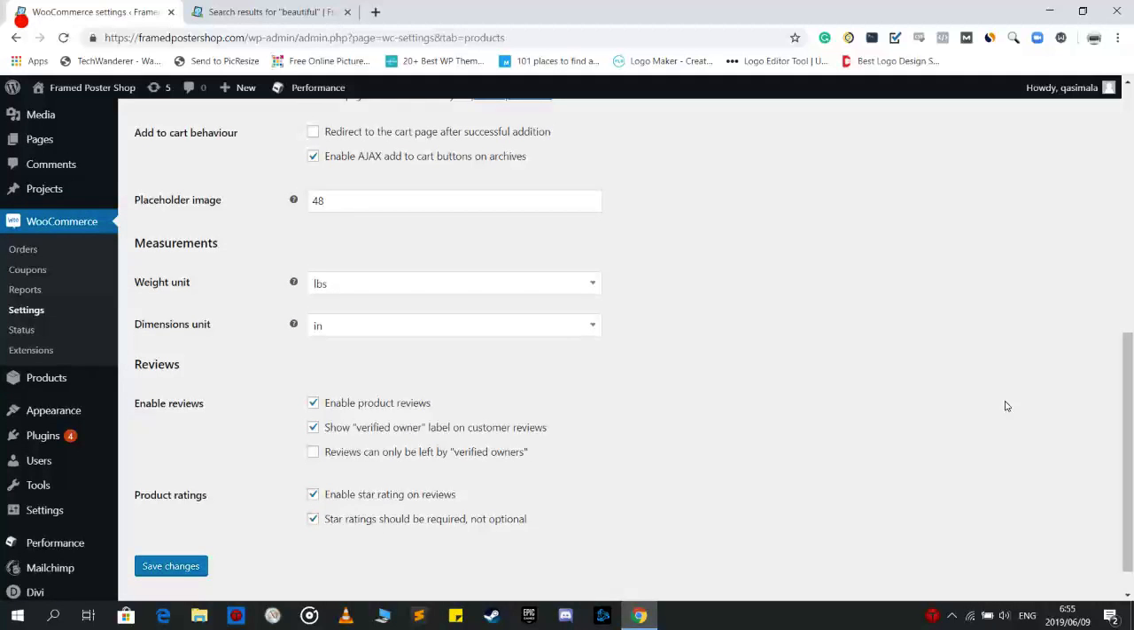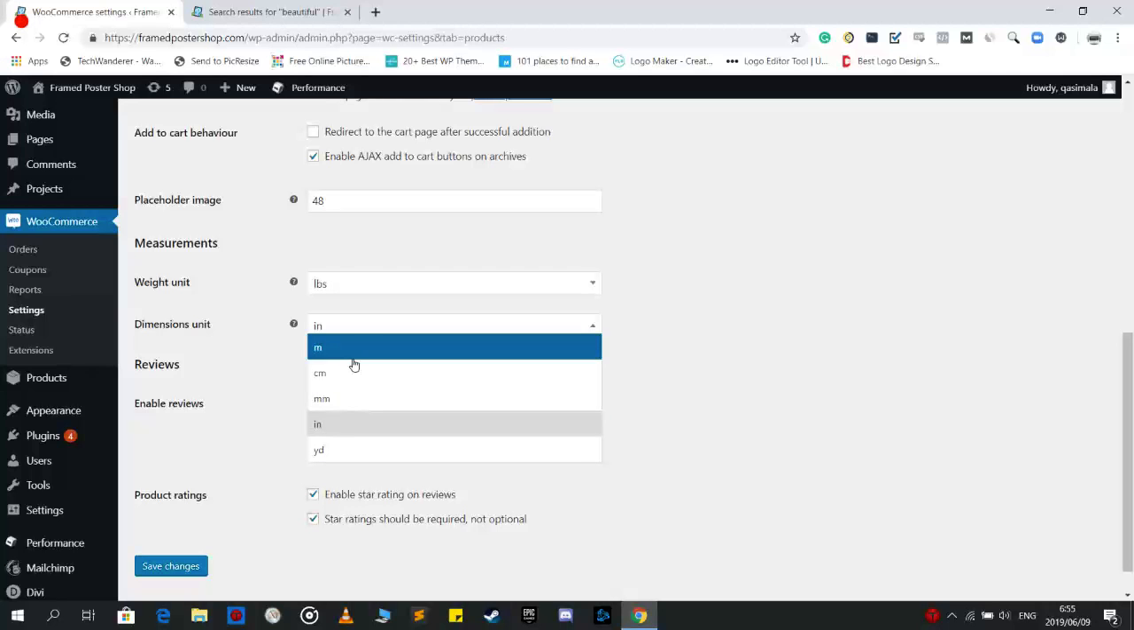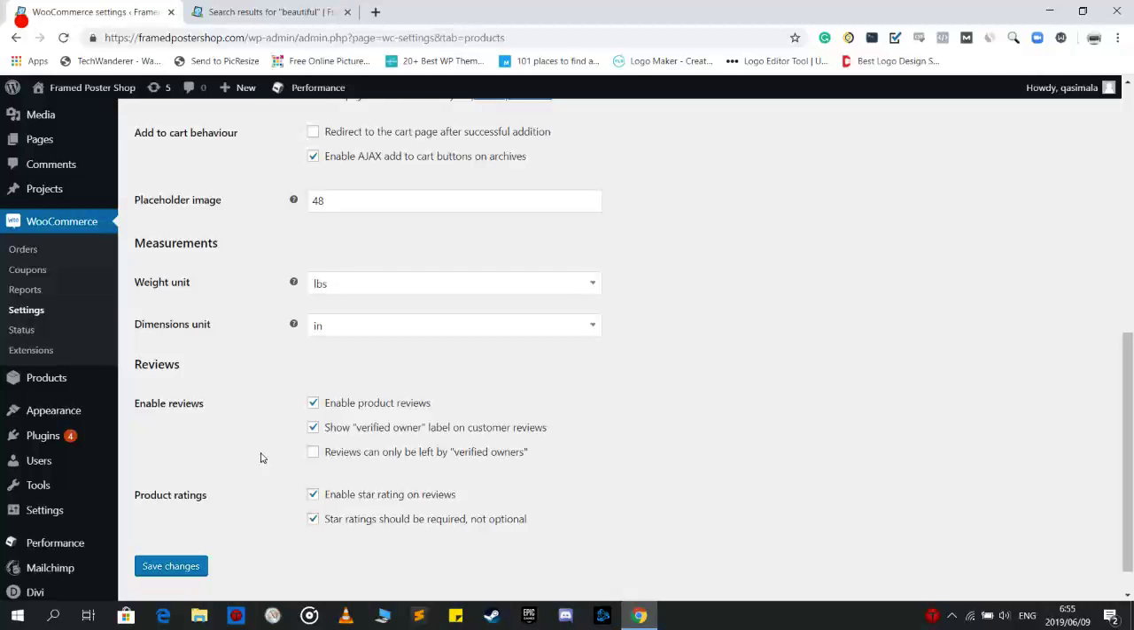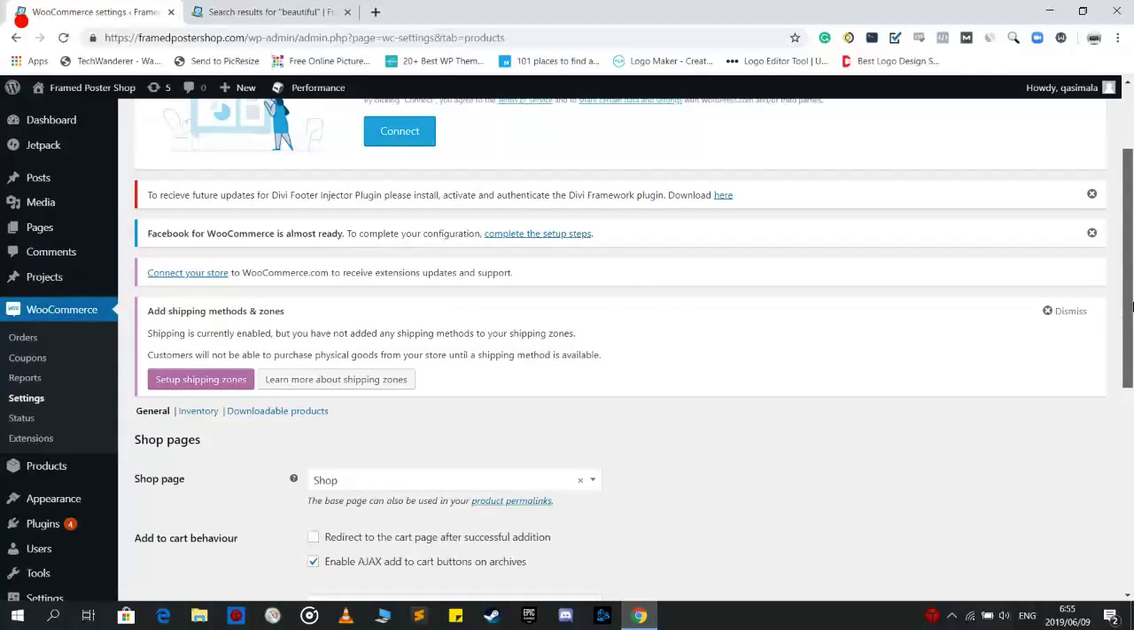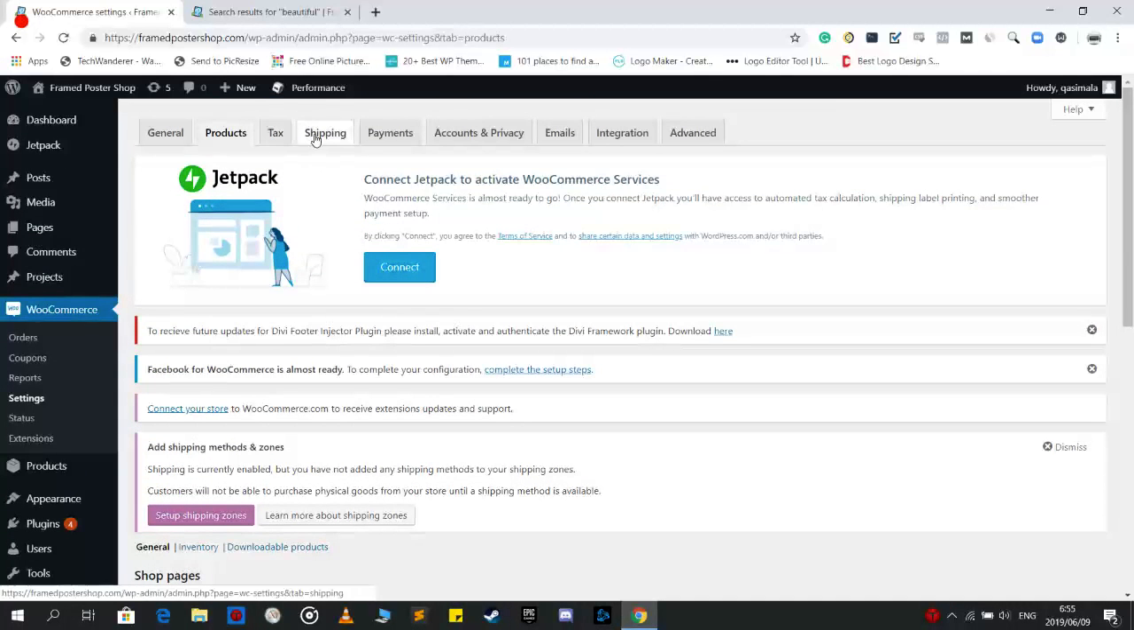So we can select, for example, we can change the weight to kgs, we can change the dimensions to centimeters, we can enable reviews, show verified owners, etc. We can enable star ratings or disable them. We'll leave taxes for now. Shipping,